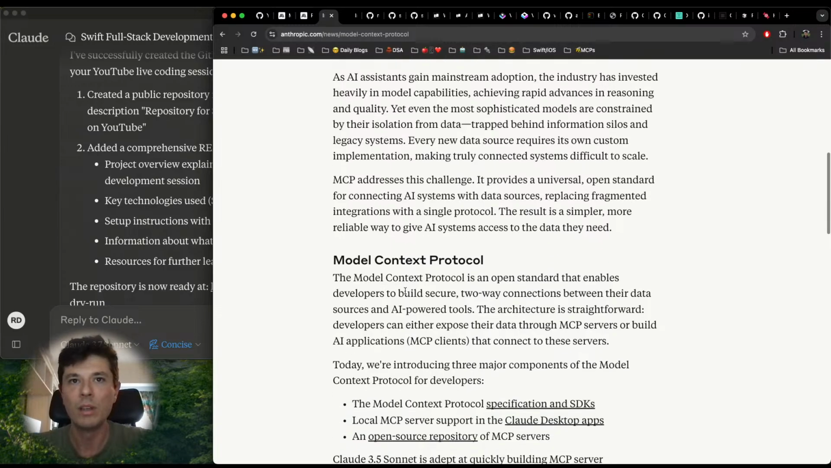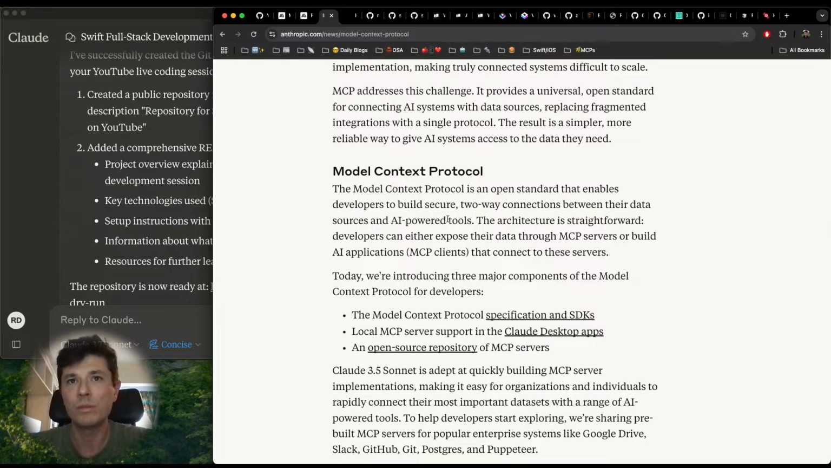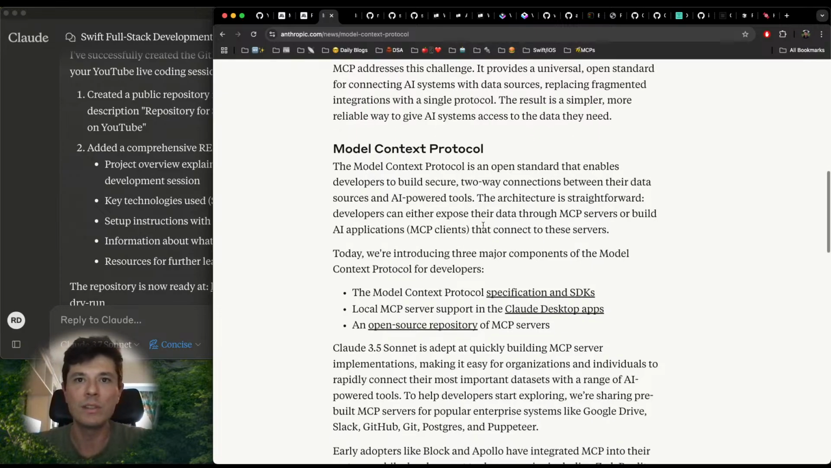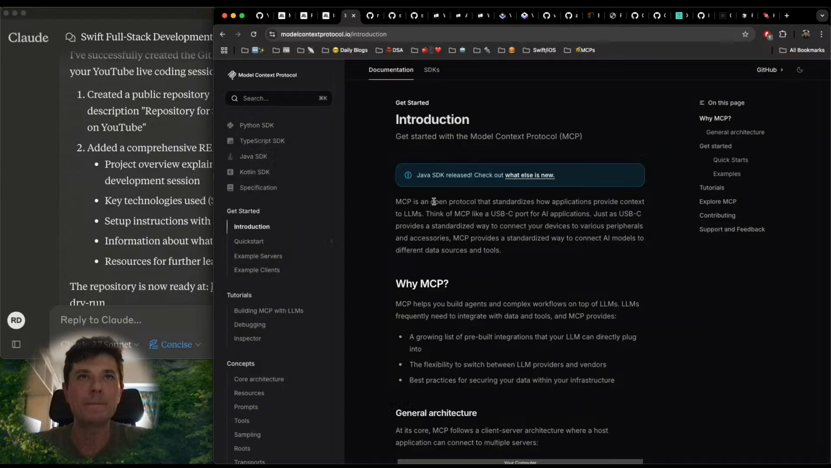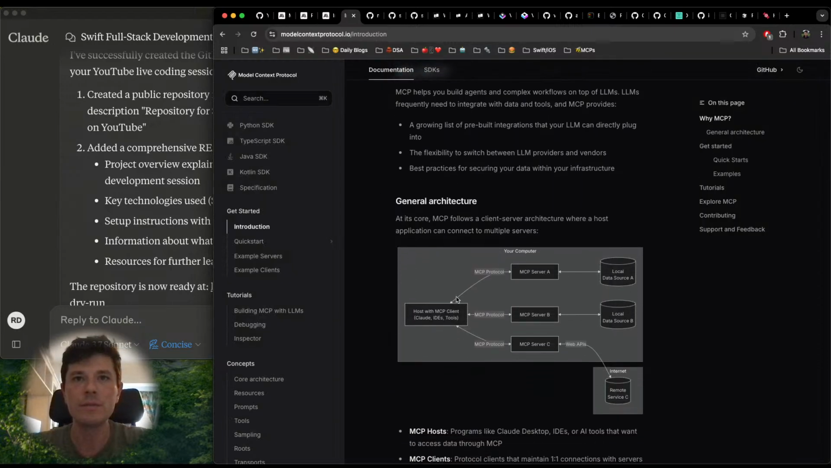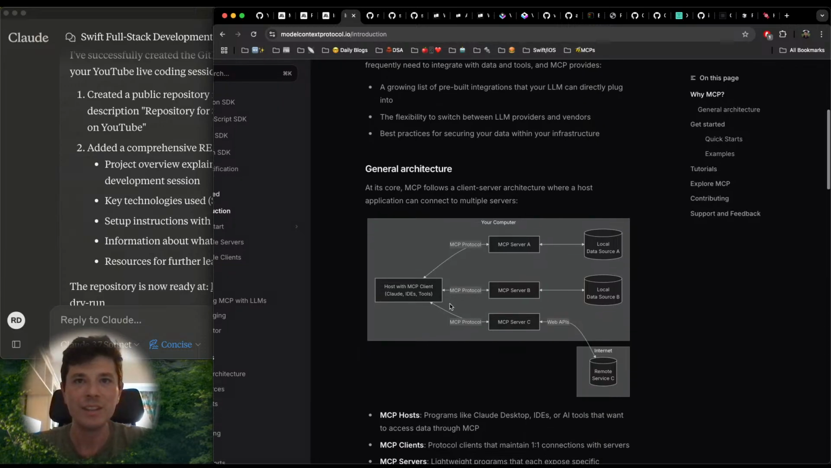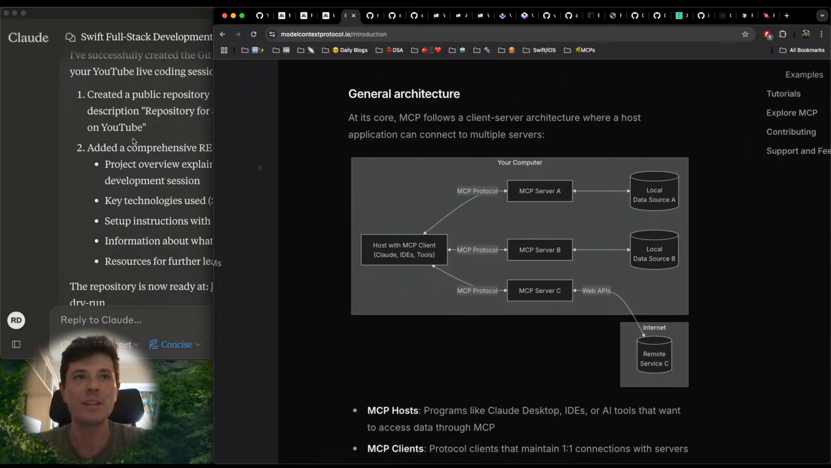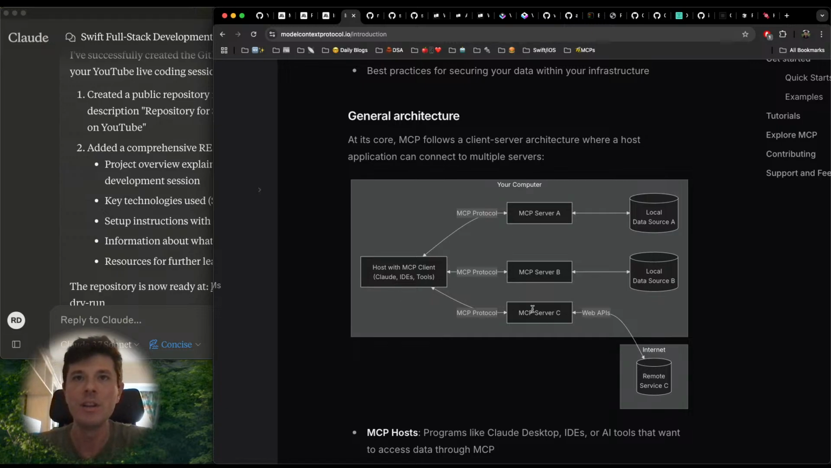Go search it out. So it's basically an open standard that enables developers to build secure two-way connections between their data sources and AI-powered tools. This is quite a hype, and you can achieve a lot of stuff. And in terms of the general architecture, you have here the host, the client applications like Claude, ChatGPT, whatever you're using to ask the LLM, and you